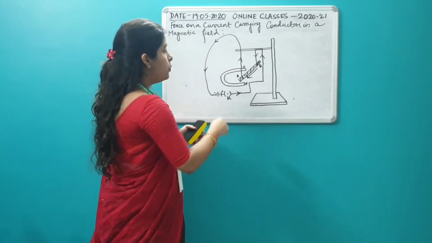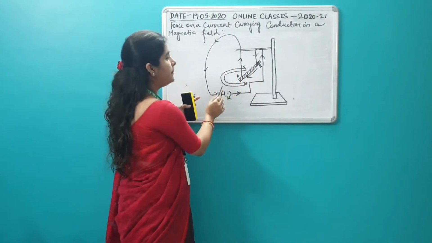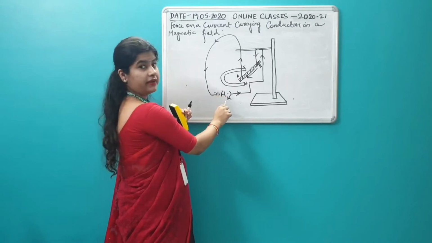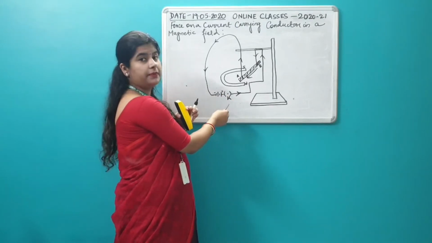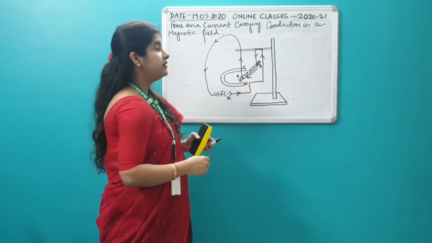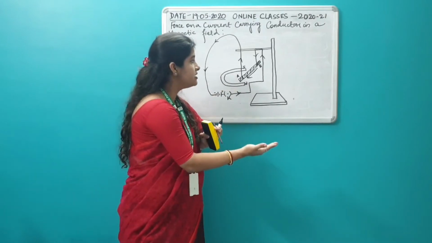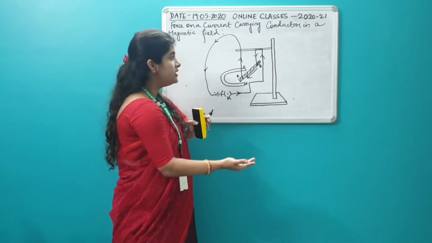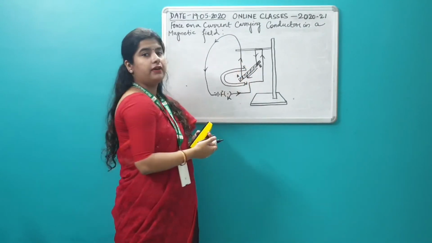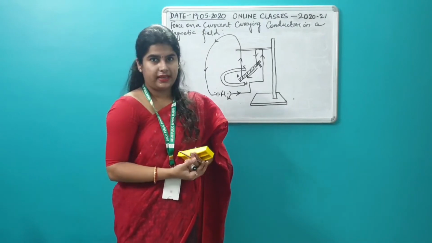And when the direction of the current was reversed, supposing from A to B now, just by changing the terminals, the direction of the current will get reversed. So if you reverse the direction of the current, the displacement of this aluminium rod will be towards the right, just the opposite. Right means the B side will be below the South Pole and A will be above the North Pole. So why was this displacement there?